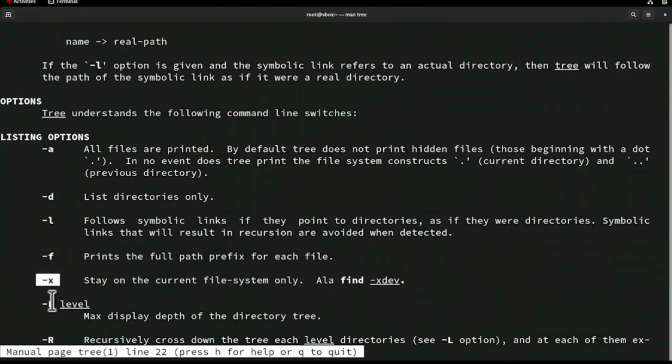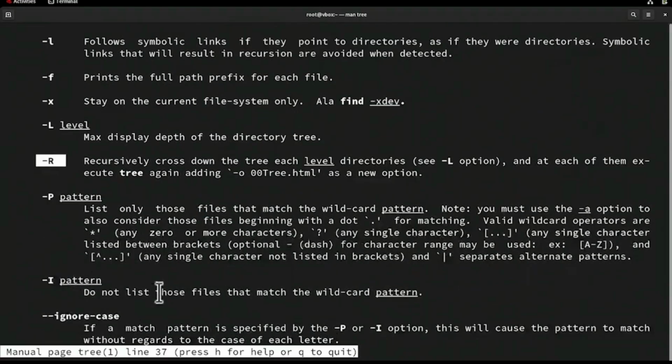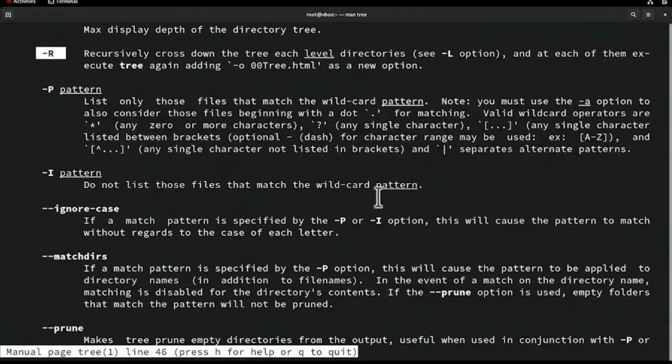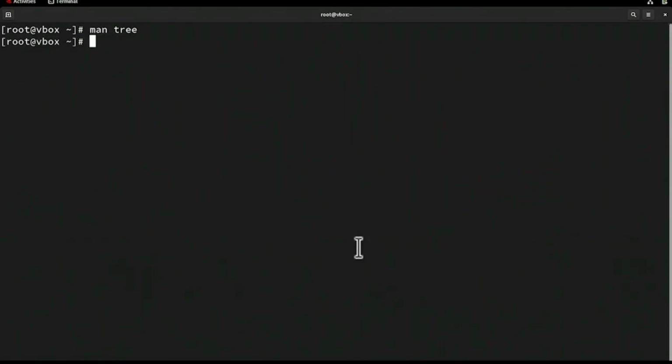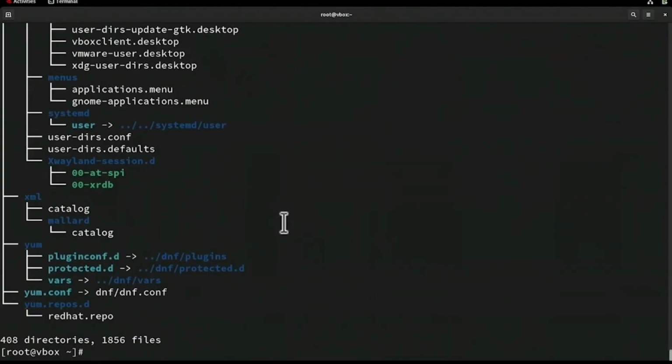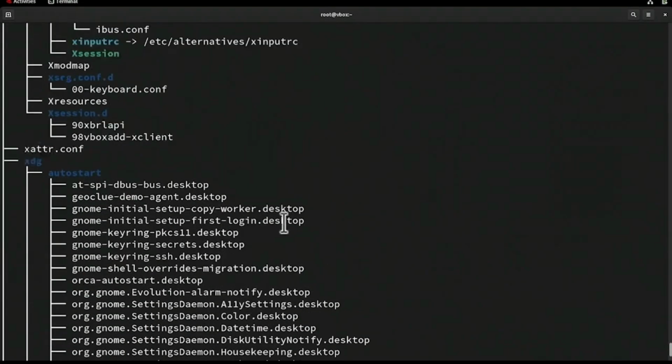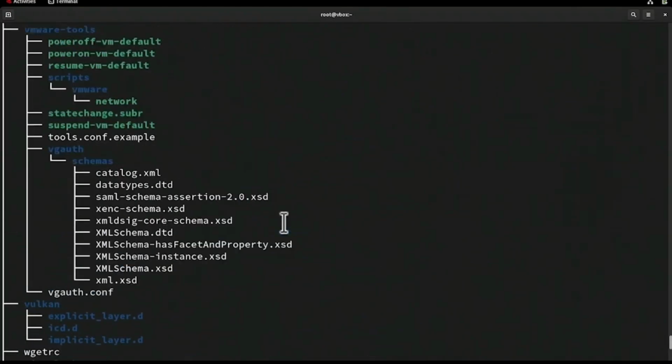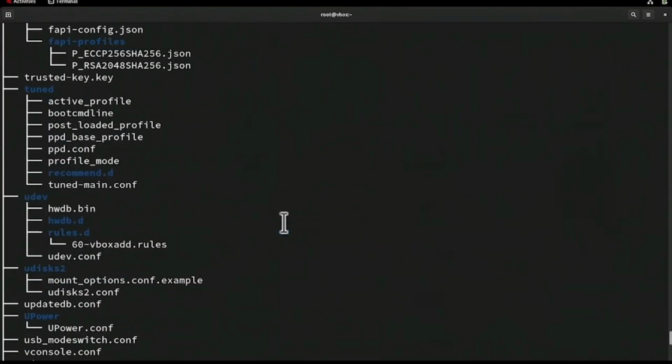-x limits the tree to the current file system. -L specifies the maximum display depth. -R enables recursive listing. You can scroll through the man page to explore more. When you're done, press Q to exit the manual page of tree. Now to view the tree structure of the etc directory, type the following command: tree /etc, then press Enter. The output will display a hierarchical view of the contents within the etc directory. And with that, we've successfully covered the most commonly used Linux commands for file system navigation in Red Hat Enterprise